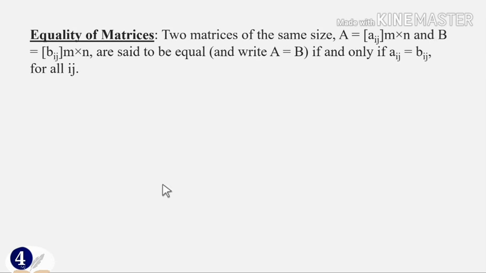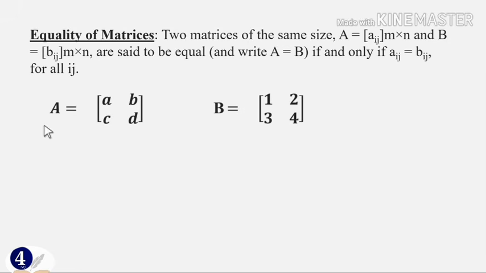equal if and only if የሁለቱም ኤሌመንቶች የሁለቱም ለምሳሌ እዚህ ጋር AIJ M by N ነው፣ B ደግሞ BIJ M by N የሚባሉ ሁለት ማትሪክሶች ሲሆኑ and these matrices are supposed to be or are said to be equal if and only if AIJ is equal to BIJ ማለት ነው። ለምሳሌ እዚህ ጋር A11 ብንል B11 so A11 ከB11 A12 ከB12 A22 ከB22 ጋር እኩል ሲሆን ማለት ነው which means በመስታወት ኮፒው ማለት ነው ምንም ልዩነት የሌለው ማለት ነው።